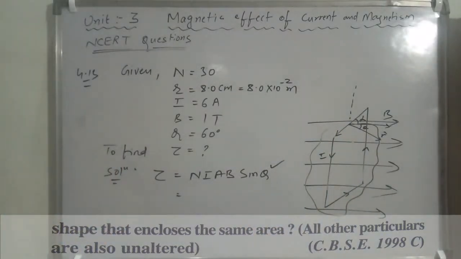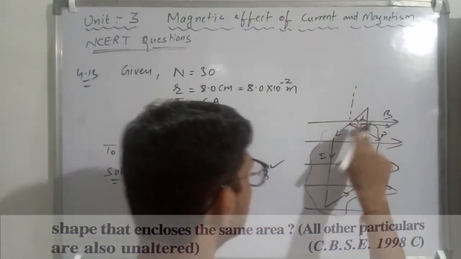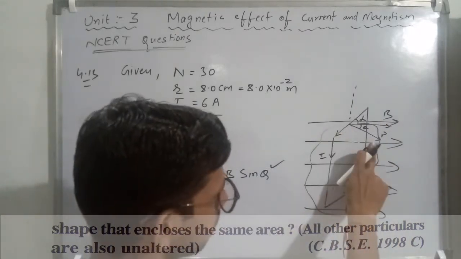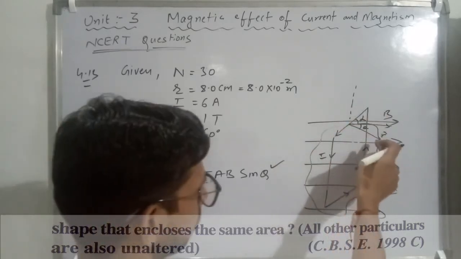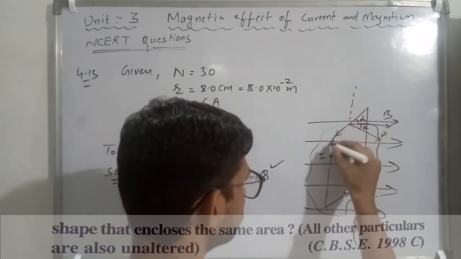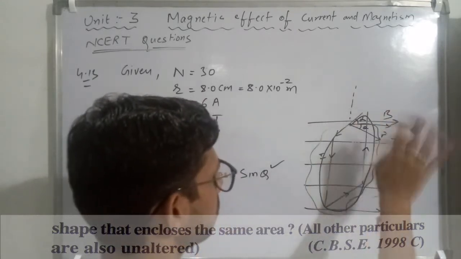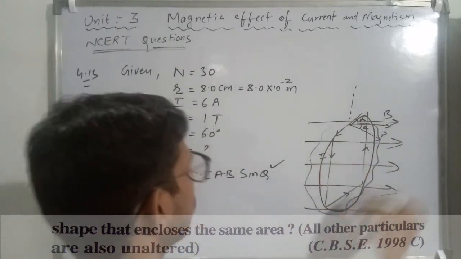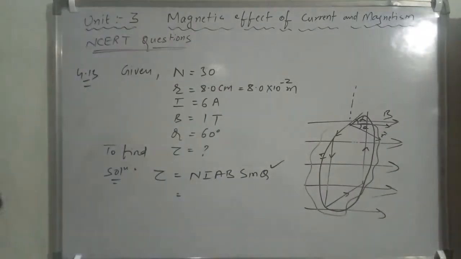What is the shape of the given coil? The circular coil is given, so you can make the shape of that. I made this shape so that we can understand this angle, because we calculated the torque by taking the shape as rectangular, so you can replace it by the circular coil. This is the circular coil having area pi r square, the radius is given. So I will change the shape in the diagram.